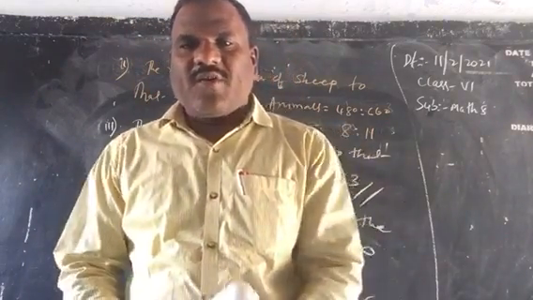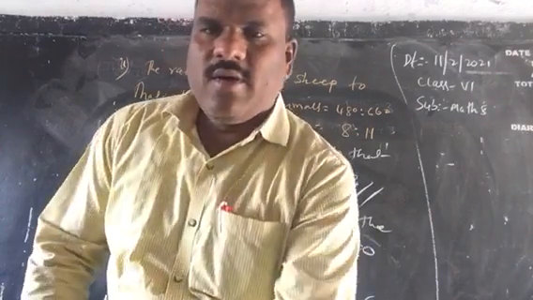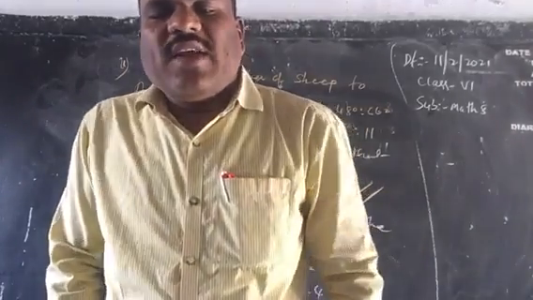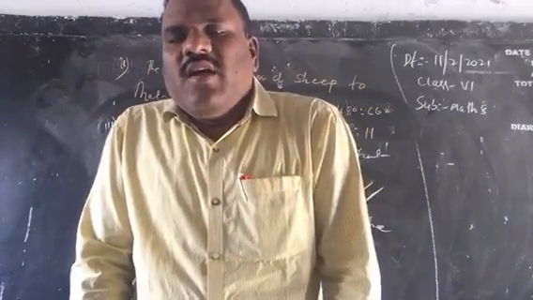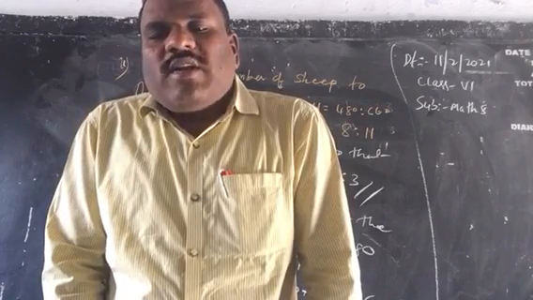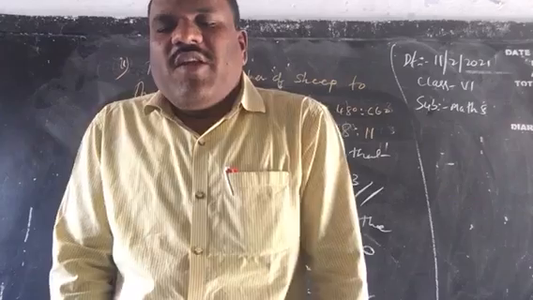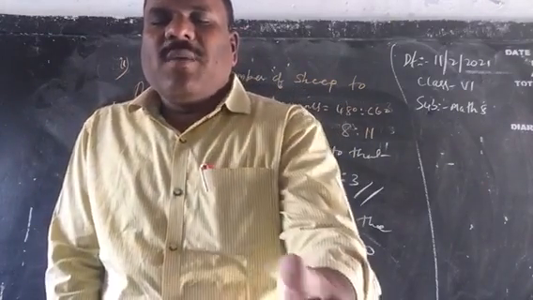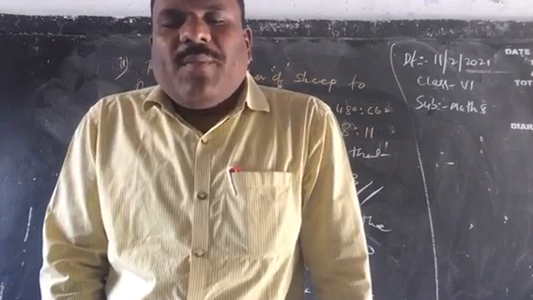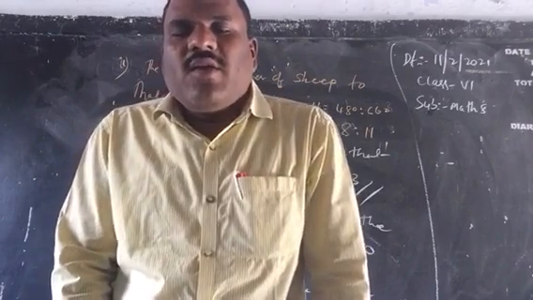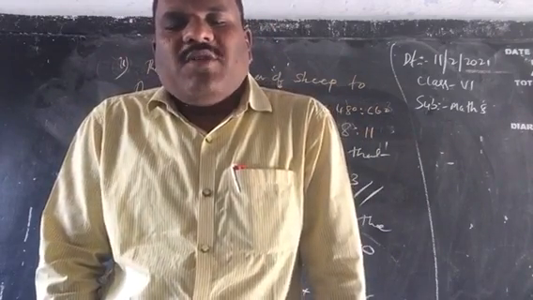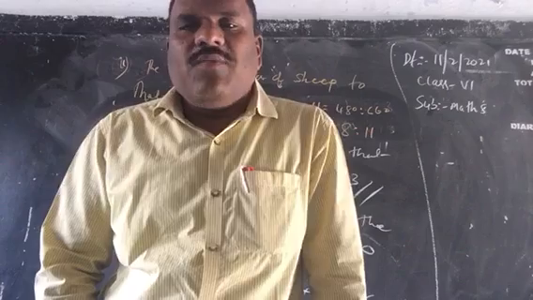The temperature has dropped by 15 degrees Celsius in 30 days. If the rate of temperature drop remains the same, how much more will the temperature drop in the next 10 days? So children, very easy. In 30 days the temperature dropped by 15 degrees Celsius. In 1 day the temperature dropped by 15 by 30 equal to 1 by 2 degrees Celsius. In 10 days, what will happen, children? You can do it yourself at home.